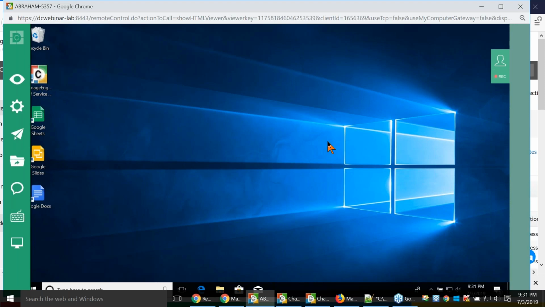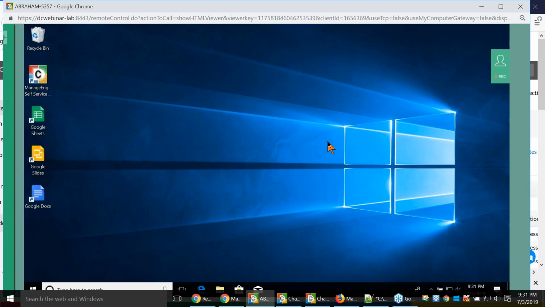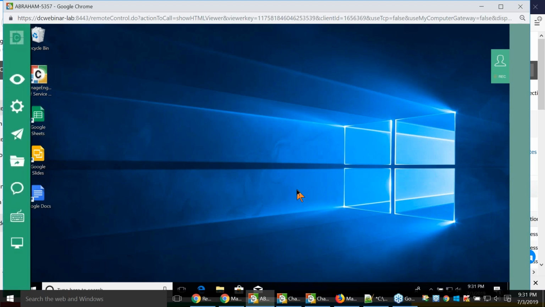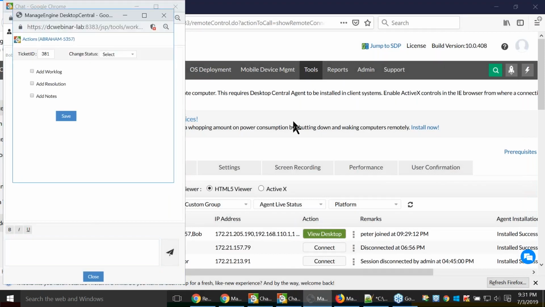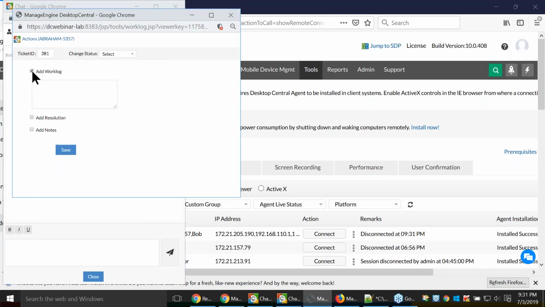So that is how the help desk technician John assisted end user Bob in resolving the help desk ticket. All right, so now the issues were resolved. Reboot is complete, so now John is disconnecting from the session. Once John disconnects the session, he will get this small pop-up window, which is asking for adding the work log. We already have entered the ticket ID when we entered the reason and all that. So now you have an option to directly change the status of the ticket. You can also close the ticket directly from this window